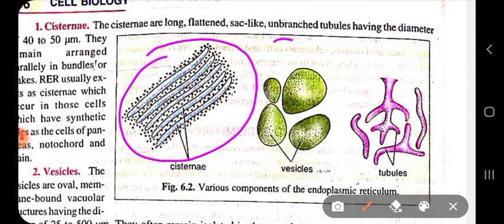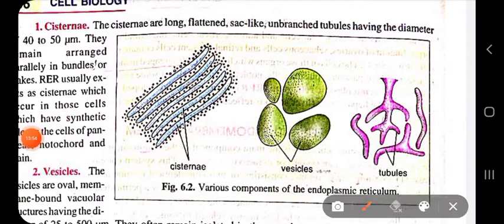They may be small, like vesicles, but they will be separated and not linked together, unlike when we draw the endoplasmic reticulum structure. They are not branched, they have no sub branches, and they have a diameter of about 40 to 50 micrometer,